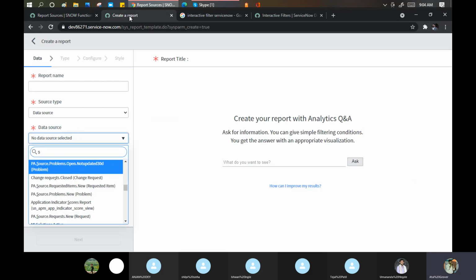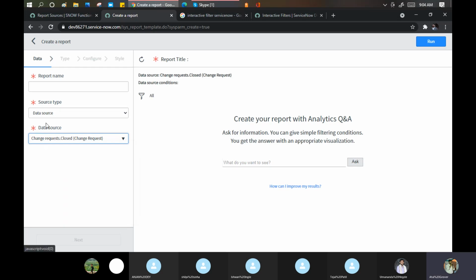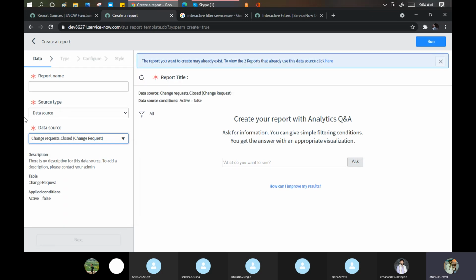Say I want a report on change. What do you want to see? Change open, change closed, change emergency, change problem. I say change closed. In this case, you are not going to define any table here, because I don't know the table.